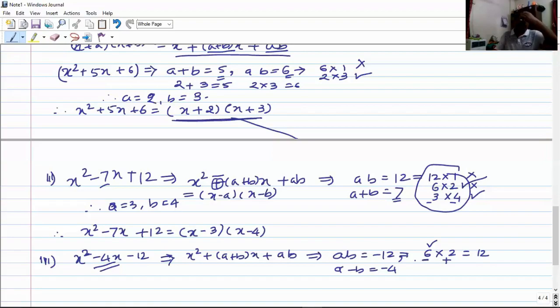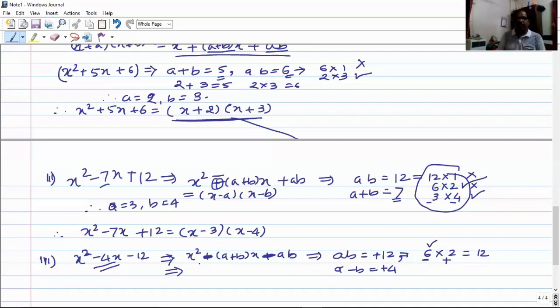So now student, after deciding the sign, the remaining part is very easy. So here I can factorize this. What are the factors of such numbers? I can write the factors of such algebraic expressions as follows. Since the middle term a plus b is negative and the product is also negative, if I take it as minus, you can say AB is 12 and A minus B is 4. So the difference should be equal to 4, the product should be equal to 12, and depending on the middle term sign, we should give the sign to the greater number.